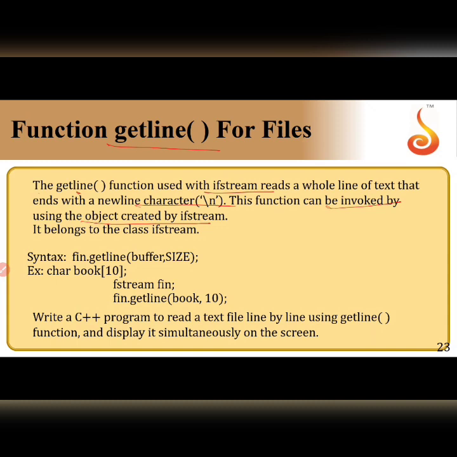So how do I do that? This is the object of the ifstream class dot getline, and what is the buffer comma size, like here book comma the size of the book. That is what the last example also I did, right? cin.getline(sub2, 20), comma 20. So here it is book comma 20. This is how I write a getline function,